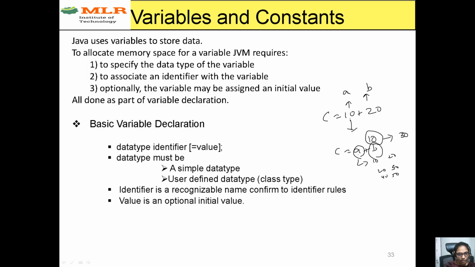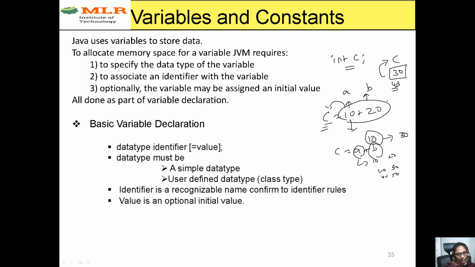The same way, in the previous case, c is also a variable which is used to store this value in the memory. If you want to store this value, you need some memory. So how will that memory be allocated? You need to declare this variable based on the data type. Here c is an integer data type, so I need to provide a declaration before using that variable. As we are declaring it as integer, 4 bytes of memory will be allocated for c, and 10 plus 20, 30, will be stored in c. This is the main usage of a variable.